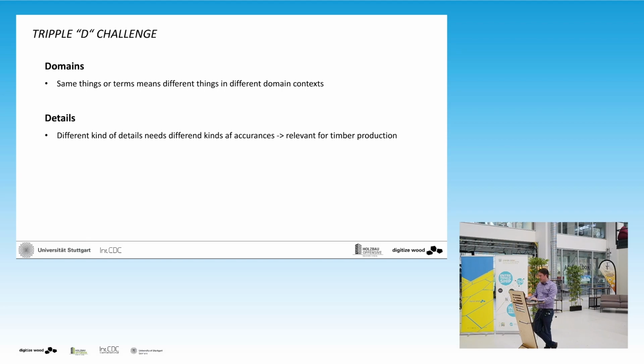Then we have the details. Especially if we look at the fabrication process, then we need, as a detail, much other information than in the general process. And we also have the dialects. That's similar to when human beings are talking with each other. For example, if somebody from Berlin and somebody from Bavaria talk, it could be difficult to understand each other because everybody is speaking a little bit differently, same language, but still some differences. And this is similar on the machine side, where there could also be some misunderstanding.